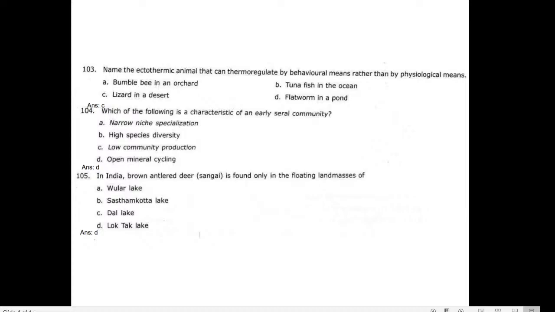Okay, Kuranji. We all know the Kuranji flower. It flowers only once in 12 years. This particular plant is found only in a few places nowadays. Many places where it was grown no longer have it. This is the kind of plant. Likewise, we have animals with particular characters. Some lakes are specific for some animals.